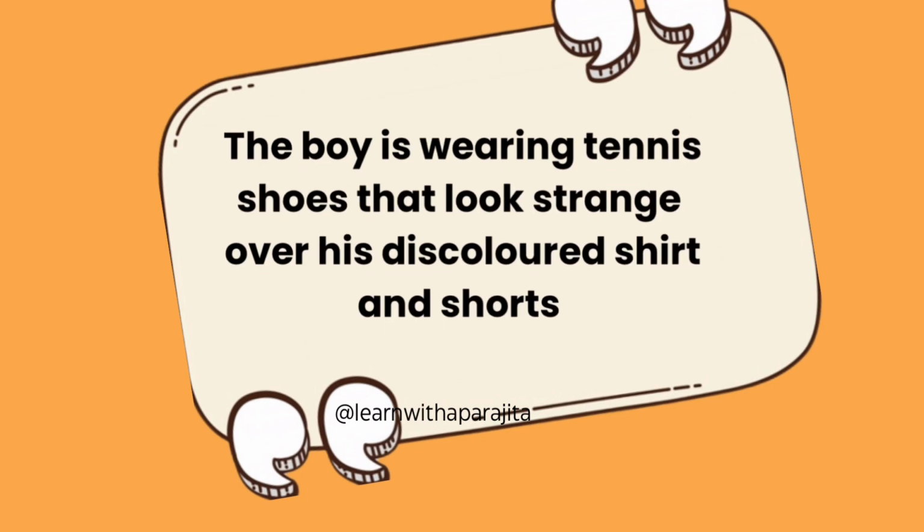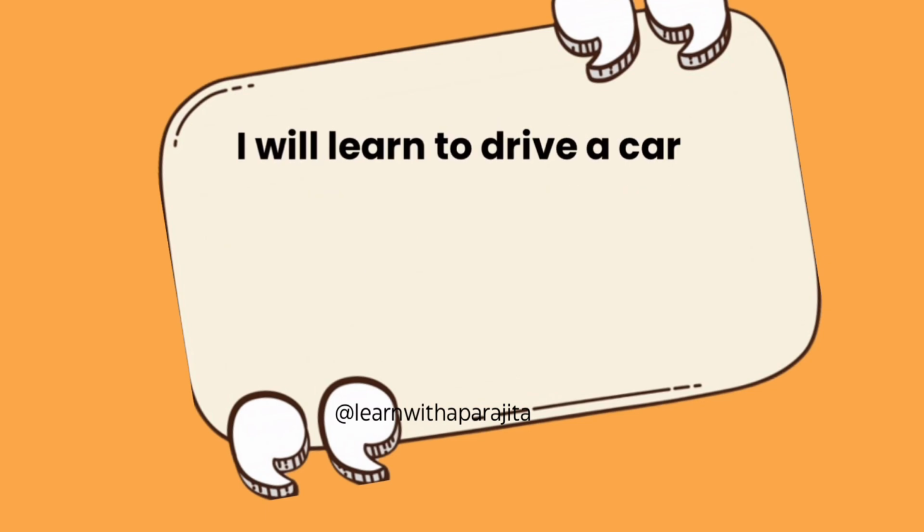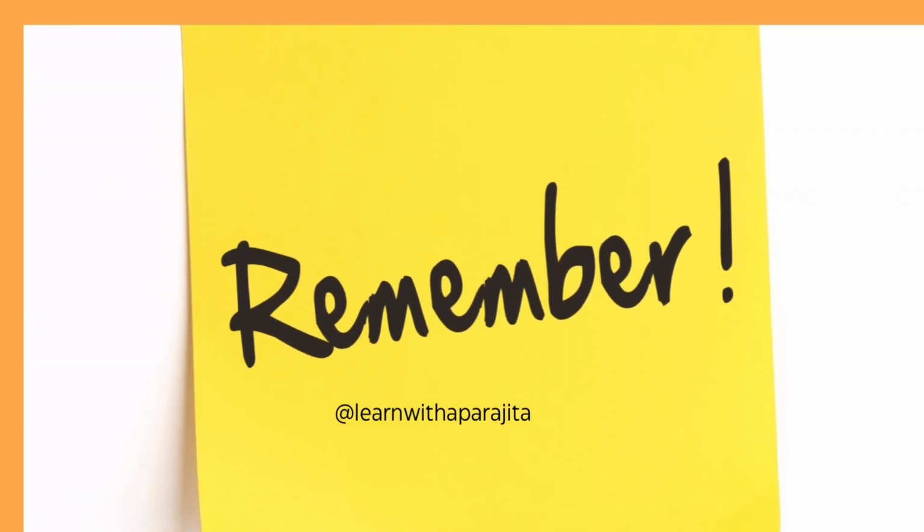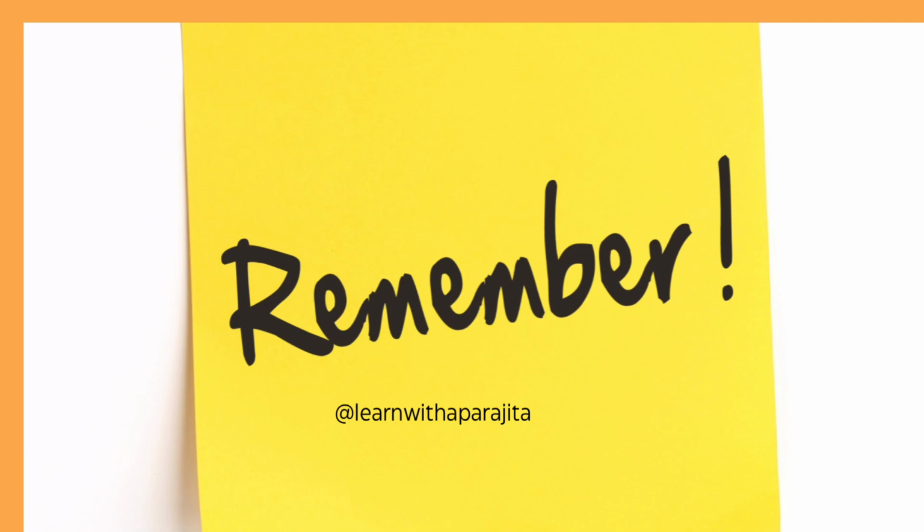This line contrasts Saheb's desire for dignity with his poverty, showing his attempts to cling to a semblance of normalcy. Mukesh's dream of becoming a motor mechanic represents resilience and hope, defying societal and familial expectations. Remember to connect each quote with themes, characters, and the larger message of the story when answering questions.